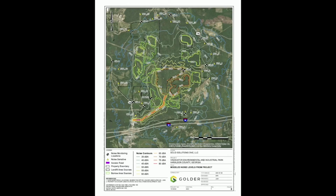Next slide, please. Same thing, we developed a noise study that is conservative. The conservative model they picked was a 55 decibel level, which we're talking at about 60 decibels. Normal conversation is about 60 decibels. The expert did a baseline study. He prepared this map. And as you can see, if you look in this general range right here, the 55 decibel level